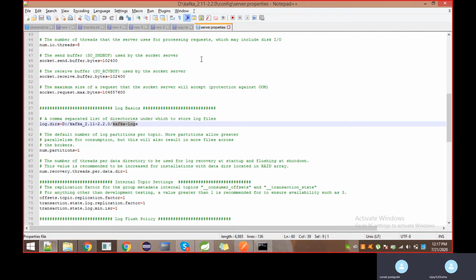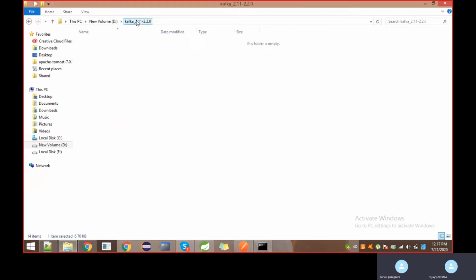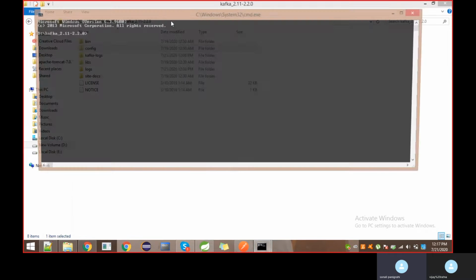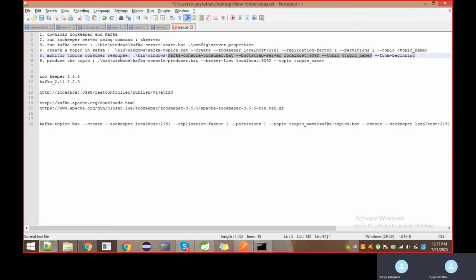Now I can run the Kafka server. I am going to the folder where it is installed, going to Kafka and running the command. We have commands, and I will share these commands with you.